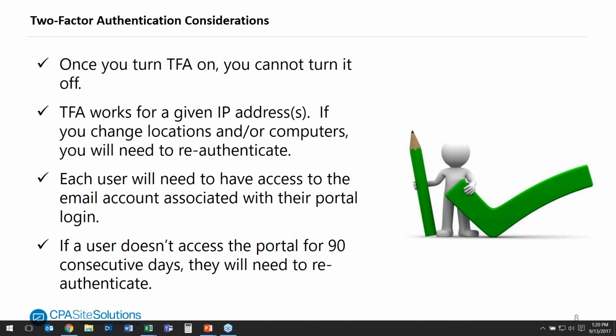So anytime you don't log in for 90 days, next tax season we'll ask them to re-authenticate to prevent or reduce the chance of unauthorized access. So it's really that simple: you turn it on, you make sure that your firm has access, all of your firm users have access,